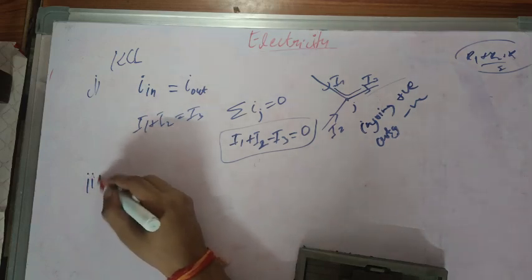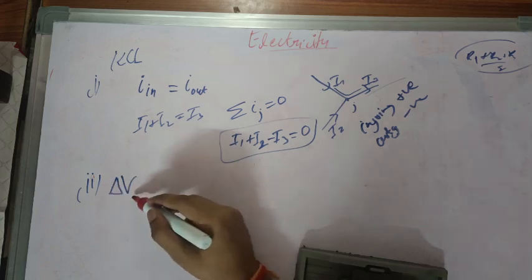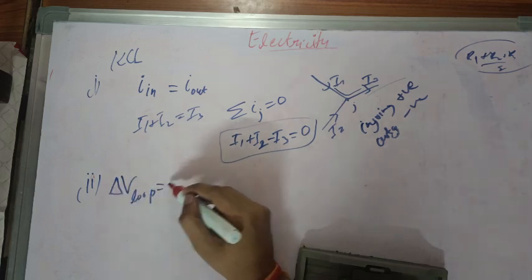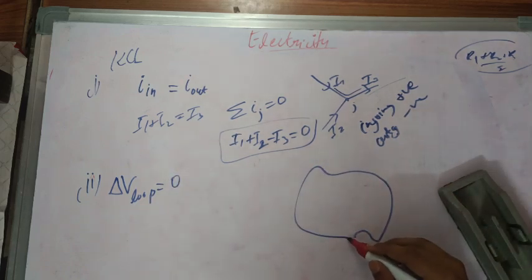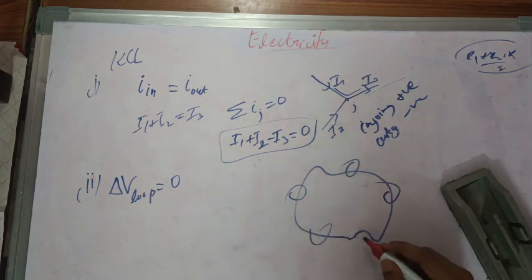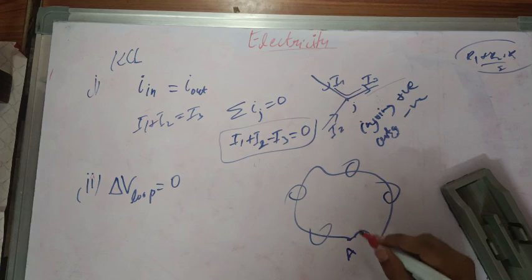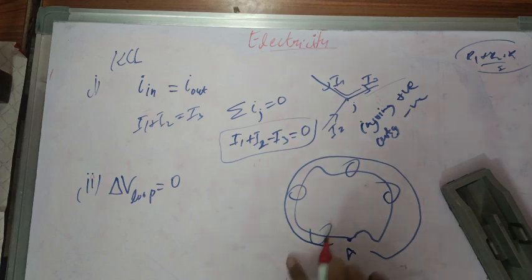And the second thing is that the potential difference across a loop is equal to 0. It means if there is a circuit like this and there are some elements in the circuit, I don't know what they are, but if I take any point here, A, and move through the circuit and add all the potential drops over the loop,